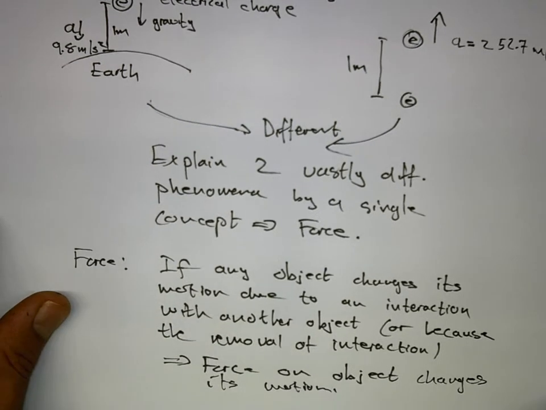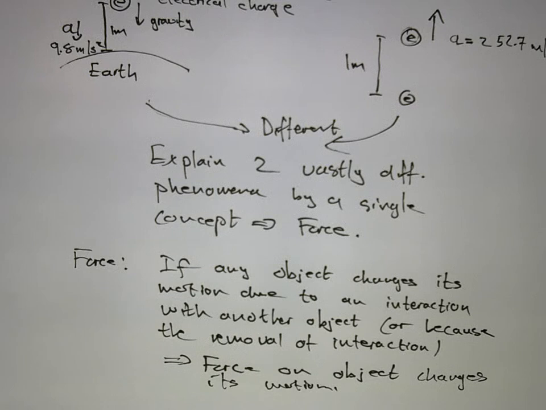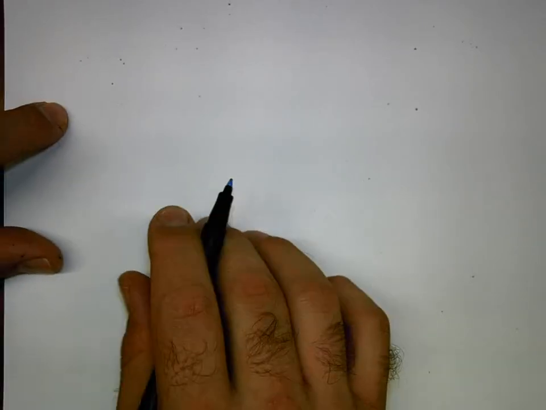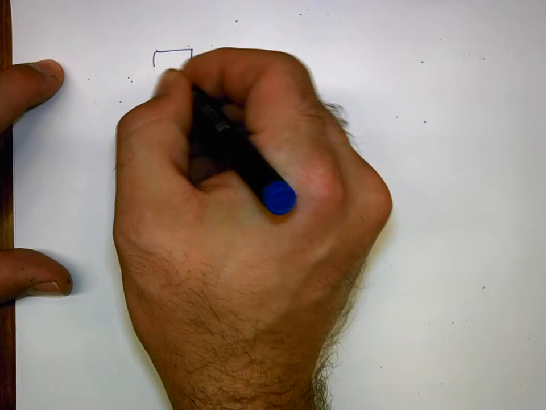Right, so that is the kind of unofficial definition of a force that I will be using. Anytime I've got one thing, here's another thing, and this thing changes its motion because it suddenly is aware of this thing, there must be some sort of force acting on this object. And the example that I discussed a bit yesterday, but I want to go into in more detail, is this idea of, let's say we've got a box,